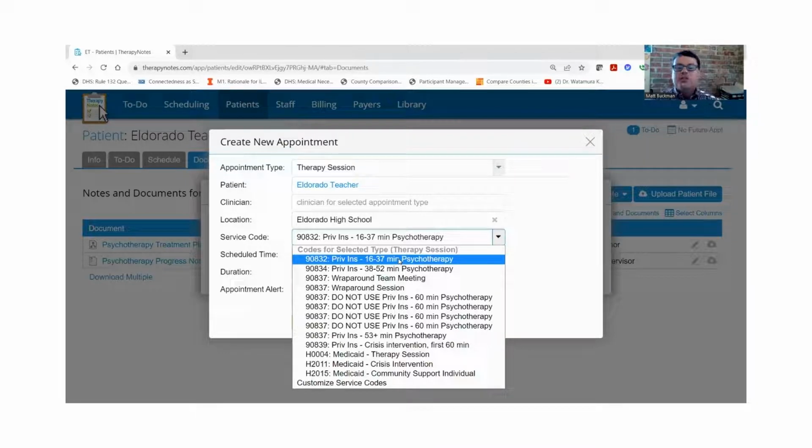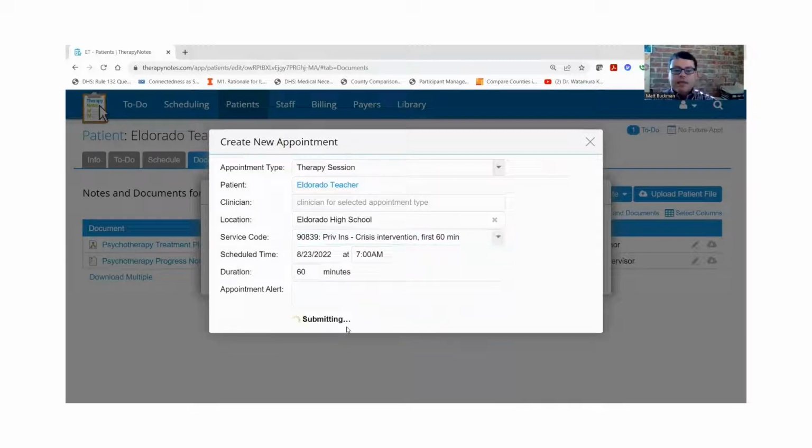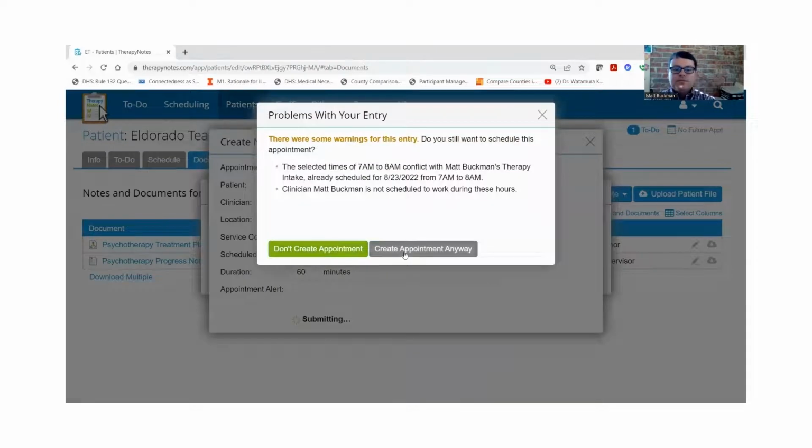So for private insurance, there's some time limits here. So 16 to 37 minutes is this particular code. 38 to 52 is this code. And 53 plus minutes is this code. If we're doing crisis intervention, we can select this as a crisis intervention code. And once I create an appointment,